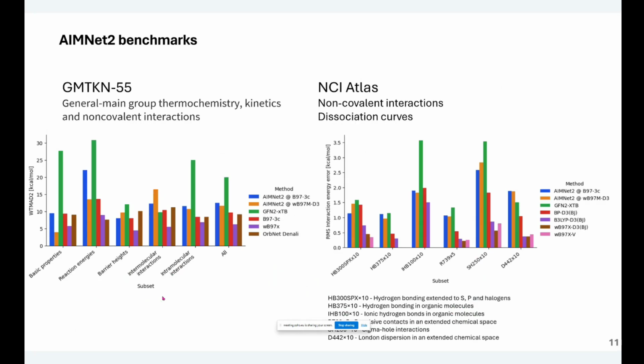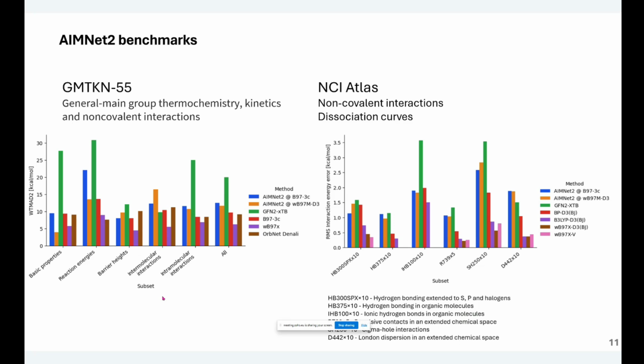AIMNet is one of really few models on the market that is general enough to be applicable to most of the GMTKN55 dataset. It's one of the gold standard datasets for benchmarking quantum chemical methods across different tasks, different elements, charge states, intermolecular barrier heights, a lot of subsets. So, in general, conclusions here: